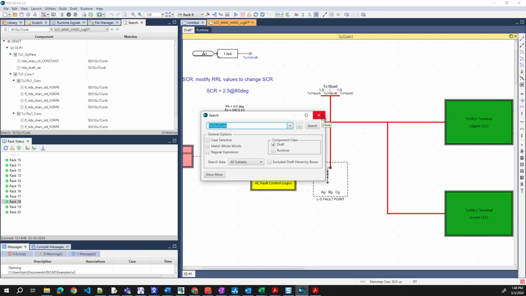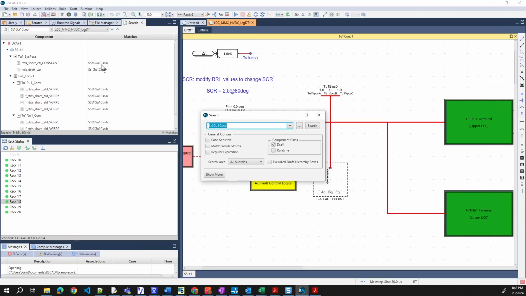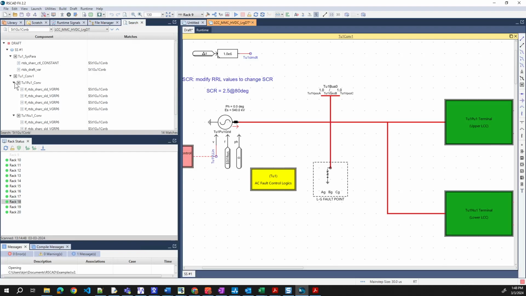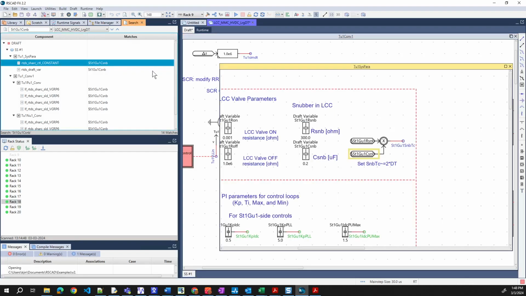Search this. Okay, it shows us this. That's in here, in the first one, because that's the one with the dollar sign.